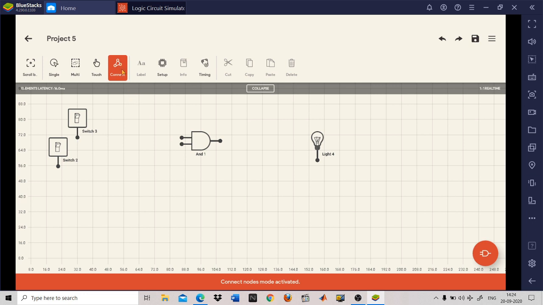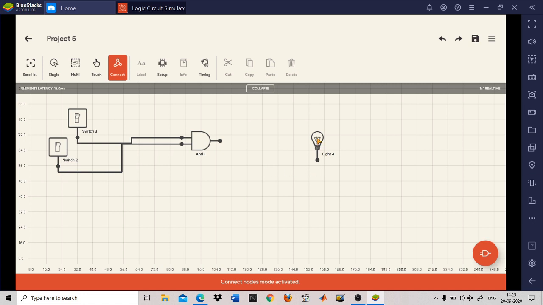So after clicking on the connect, just put your cursor here and here. So automatically one line will come. Again, if you want to make a connection between these two dots, first you will have to check whether the connect is activated or not. So place your cursor here and here. So you can see your wire comes automatically.